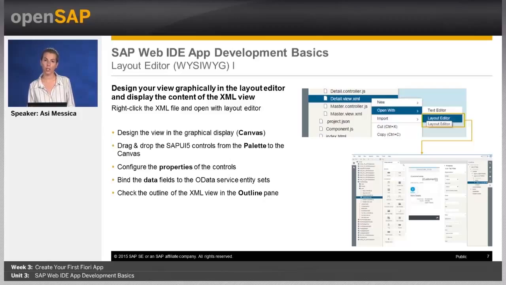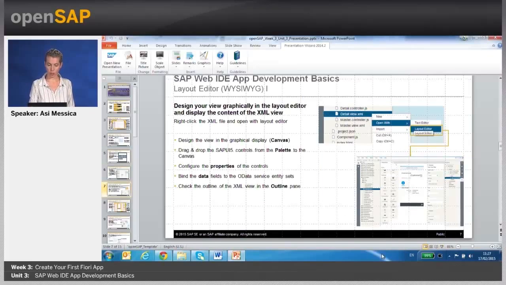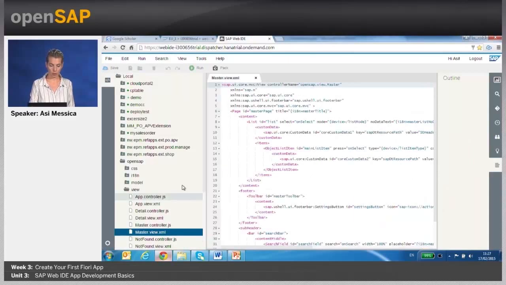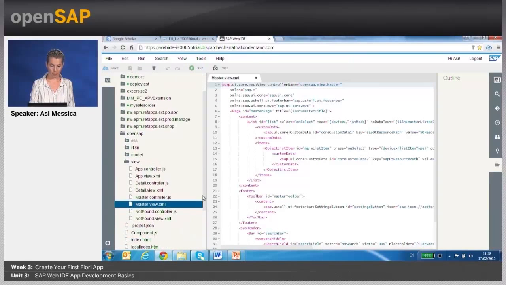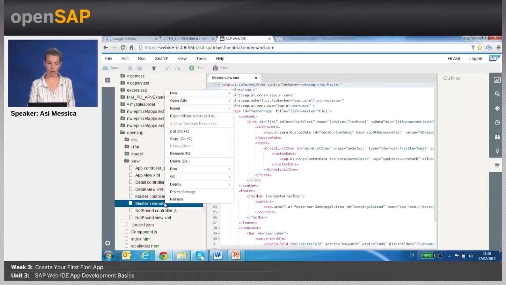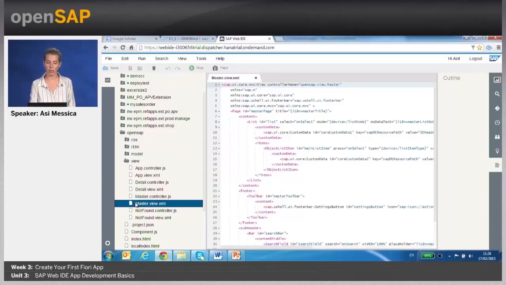But if you want to leverage the layout editor, you need to work with the XML views, and you can switch between the code editor and the layout editor during your development. So let me just show you the components of the layout editor. Here I have an application that I created from a template. If we want to open, for example, the master view XML, here you can see the code editor,